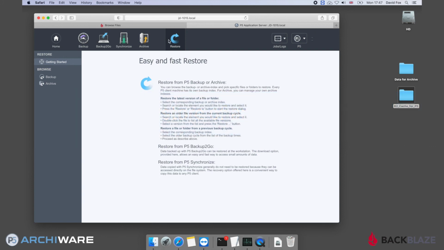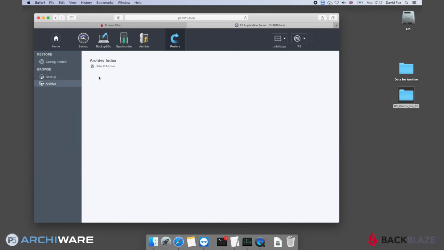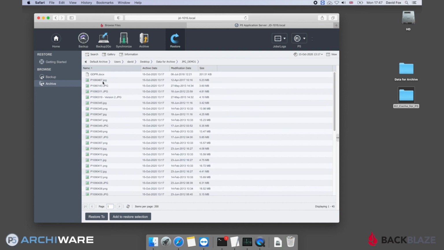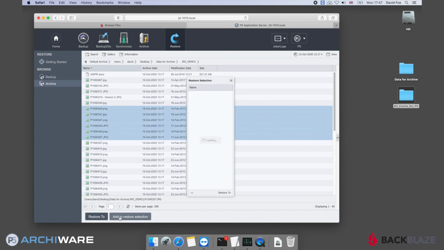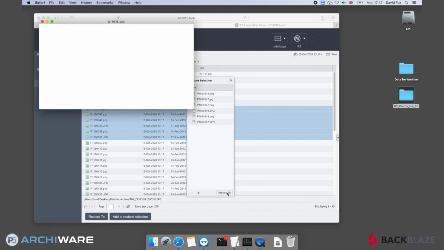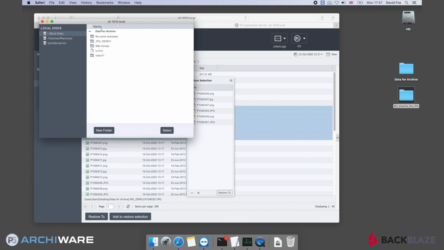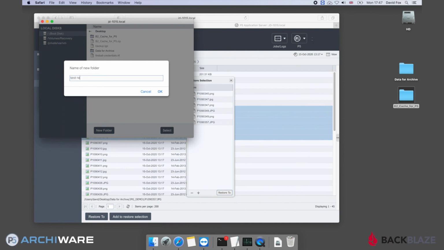So we'll go into our archive index, where we can browse the media files that we archived earlier. So I'll just browse down through the desktop to the data for archive folder, which you'll remember is the folder that we did the archiving from. Let's restore something fairly small. So if I just choose a few JPEG files, add those to my restore selection, click on restore, and let's restore to a different place. So let's go back to the desktop folder, make a folder called test restore,